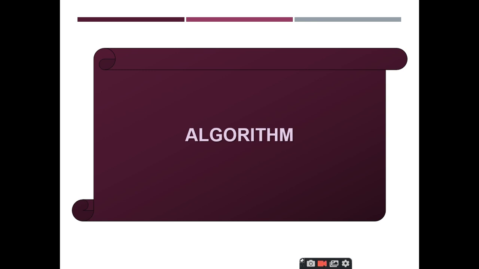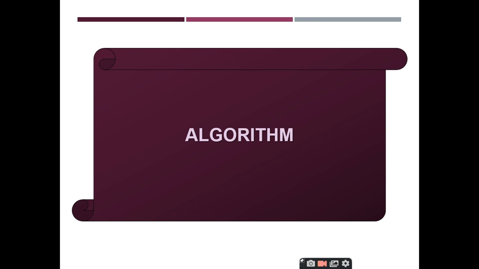So yesterday we completed one of the topics related to the C programming language, that is recursion. I think you are clear about those concepts, right? Yes, sir. So in today's class we will discuss one more important concept related to the C programming language or any programming language, right? That is called as algorithm. We are going to study the algorithm concept, and once we are done with this algorithm we will discuss the